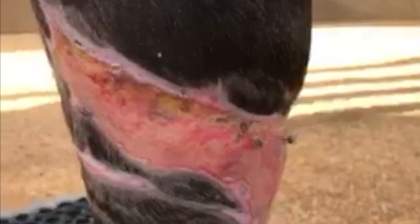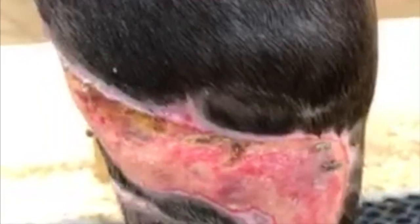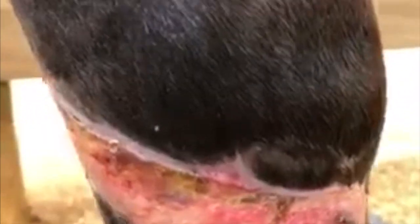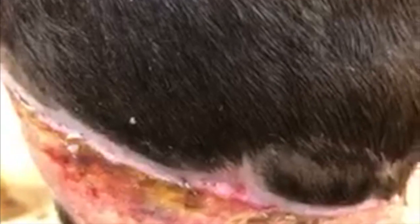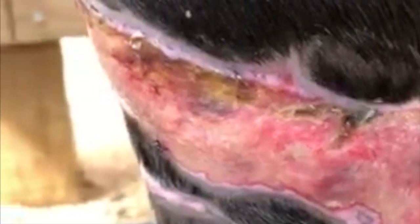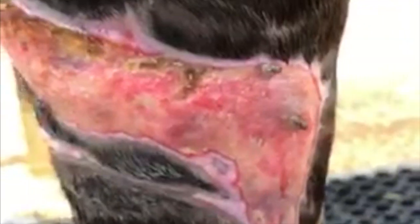And now I'm using this red light therapy. I've never used it before. This is the first time I've seen it actually work. I couldn't use it before we had the integrity of the wound and the surface of the wound not looking infected. You can see some scabbing start to happen. That's actually happened because the bandage actually dropped down. So I'm going to try and clean that off before I put more dermapred on there. And then I'm going to wrap the wound again and do a combine dressing and keep the pressure on the wound to stop this swelling,